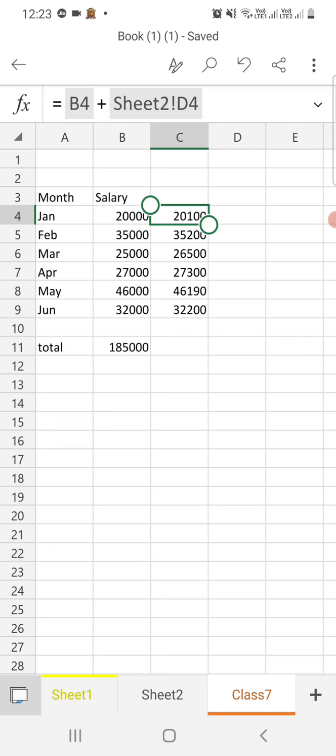Start with the equal to sign, equal to in capital SUM, within parentheses A1 colon A5, that means the cell column A and row 1 to row 5. Column A, row 1 to row 5, that means A1, A2, A3, A4, A5, all the cells will be selected.